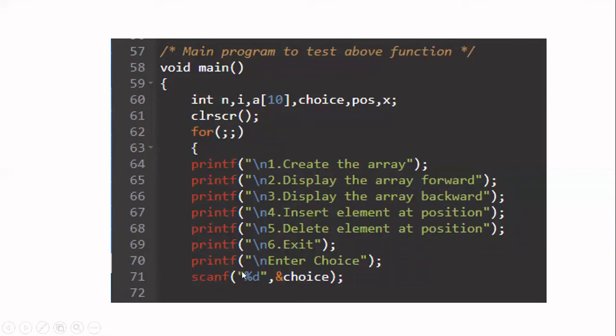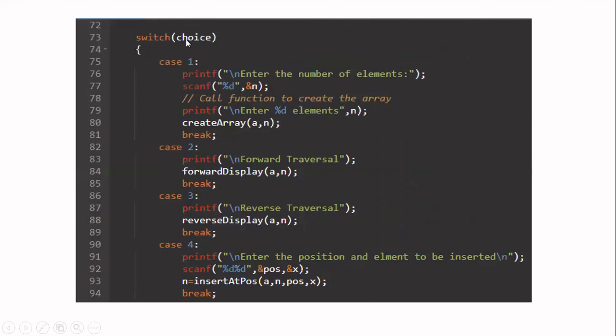Okay, now let us see what will happen next. Now you are displaying the menu to the user, asking the user what he wants to do. The user is typing the choice. So can anyone tell me what I have to write next? The switch case? Yeah, you have to write the switch case. The user is saying that I want to perform this. So you have to now choose that option out of all these options available. So you are going to write the switch case. So I am writing now switch case.